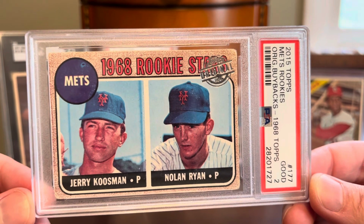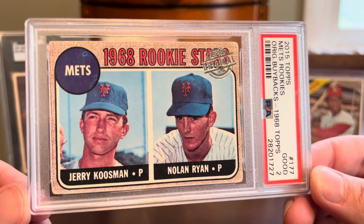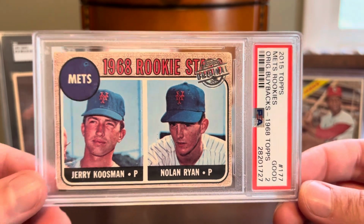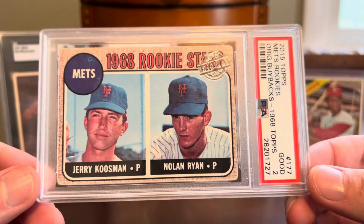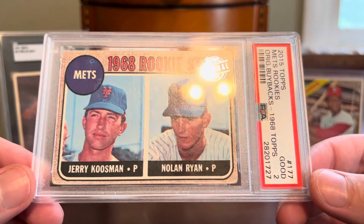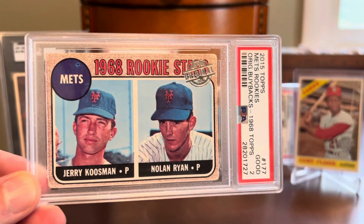I was expecting to have to pay a premium because there are other buyback collectors out there, and Nolan Ryan fanatics are just brutal to try to compete with. So I was very, very surprised that this finished right around what a normal PSA 2 Nolan Ryan rookie would go for. I think it ended up in the perfect collection. I do like to think that I have one of the best buyback collections anywhere in the hobby. And yeah, adding this centerpiece to that is just,